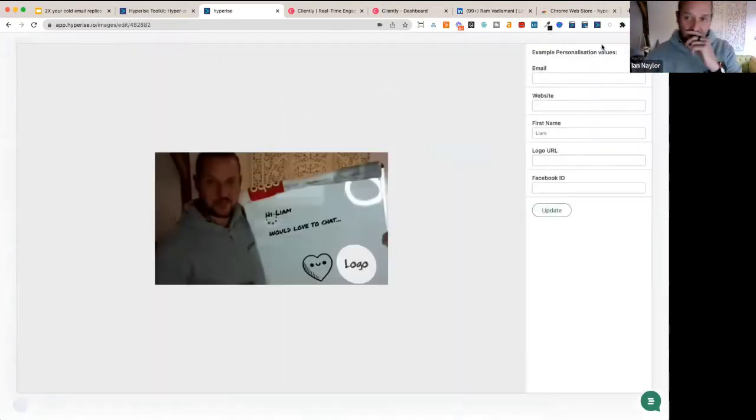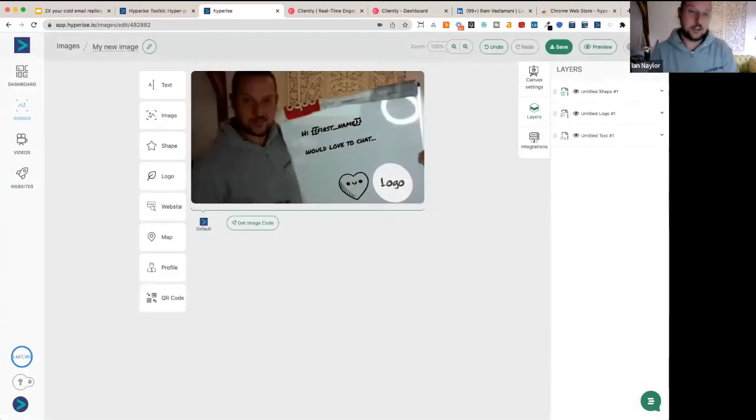We can preview that now. Let's see if I put in my old favorite, Tim at apple.com. Now we can see in this case, the image says, hi Tim, would love to chat. And again, we're putting through the Apple logo on the board. So very simple. Obviously it was a simple image on this occasion, but it took a minute to create,